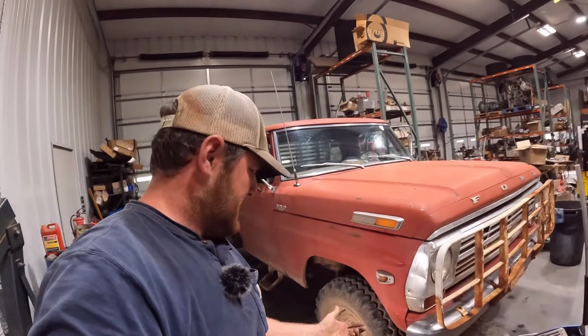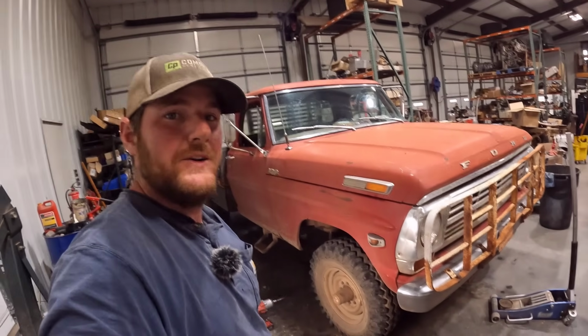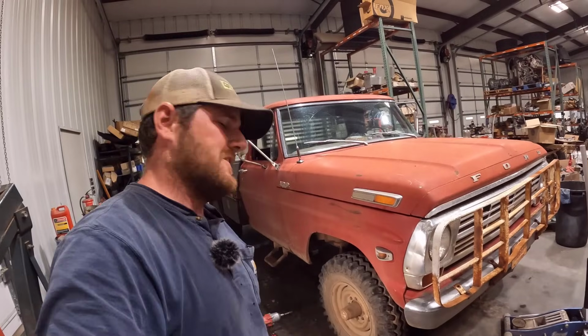All right, that was a pretty quick and hopefully uneventful repair session for the ranch truck here. Let's go take it for a drive and see if we fixed it. All right, guys, we're out here driving in the ranch truck. I think we got it fixed. It's not making any noise. The brakes are working